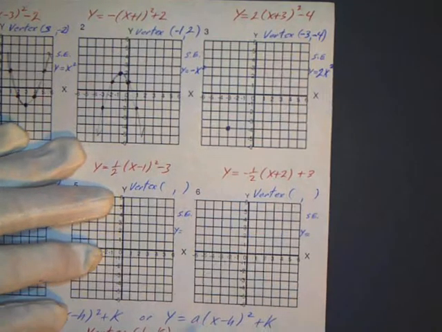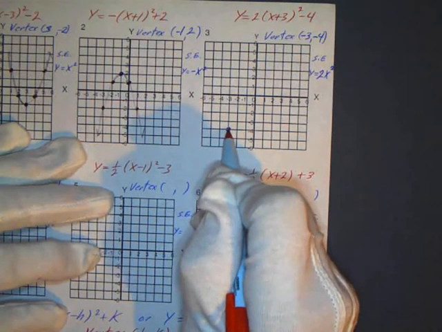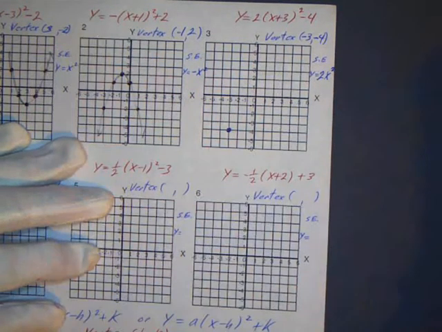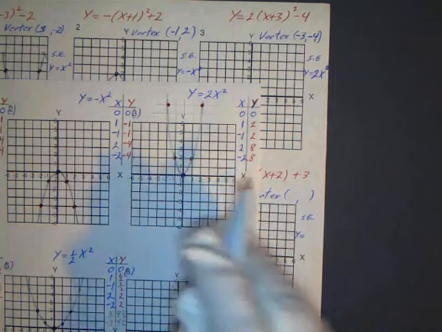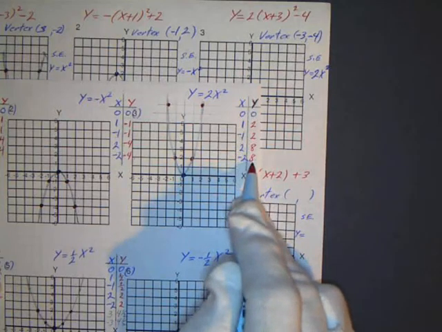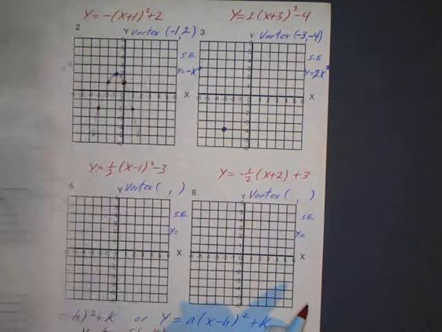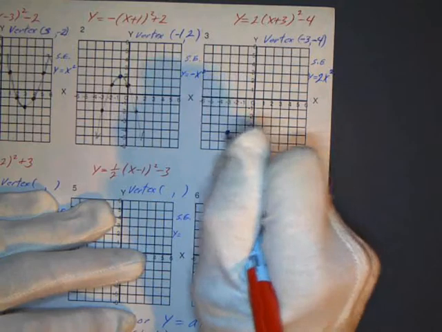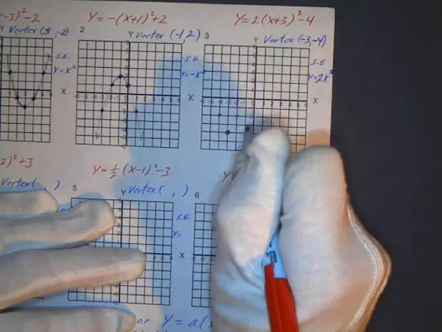So there's my new vertex. And then relative to that, you look at your shape equation. This is my 0, 0, so I go over 1, up 2. Now again, you can refer to these, but this is the table of values you would use: 0, 0, over 1, up 2, back 1, up 2, over 2, up 8, back 2, up 8. These are the table of values, just like the ones I would use for my negative x squared shape. So the same values. That's a nice thing. So I go over 1, up 2, back 1, up 2, over 2, up 8,